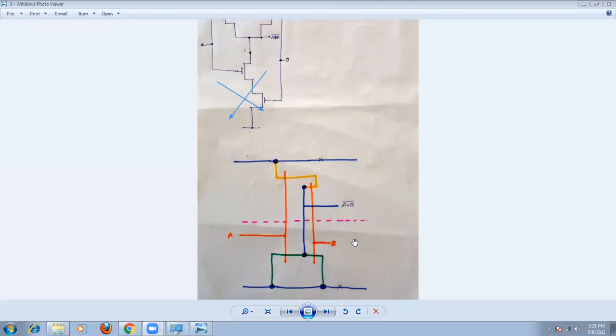Definitely we get some more idea about this one. In the next class we'll go for some other stick diagrams in the CMOS design style, and then we can go for the remaining layouts. That is about the CMOS design style. So now I'm going to stop this. So remember that point, the most important thing in this case.